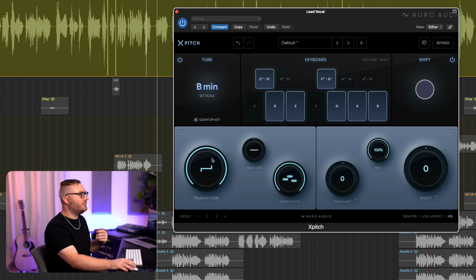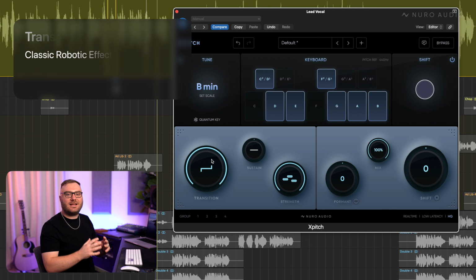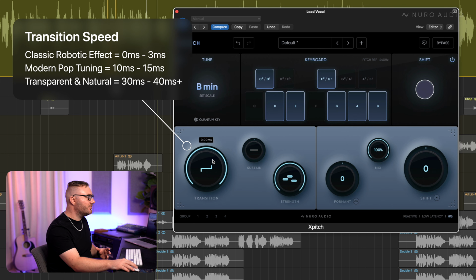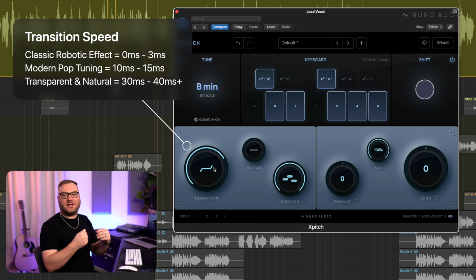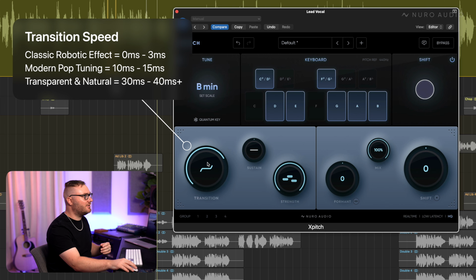So here's the guidelines I think about when I'm setting transition speed. If I want the classic robotic tuning effect, I'll go for 0 to 3 milliseconds, anything really fast like this. If I want kind of a modern pop style tuning, I'll go for somewhere between 10 to 15 milliseconds, maybe 20. And then if I want something that sounds very natural and transparent, like I can't tell it's tuning at all, I'll usually go for